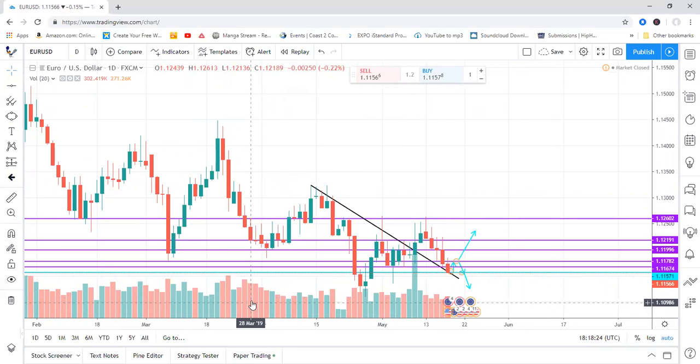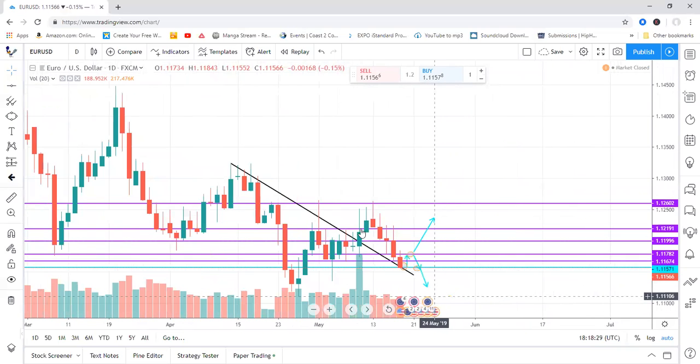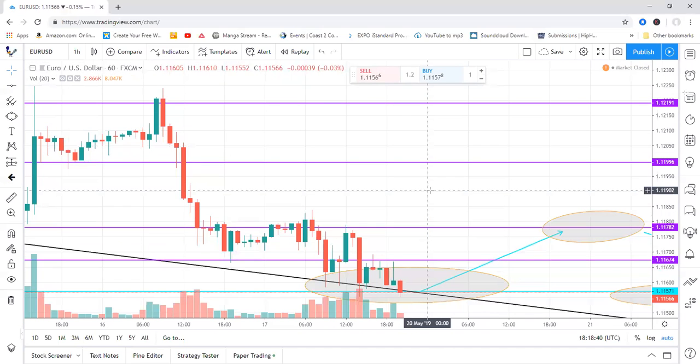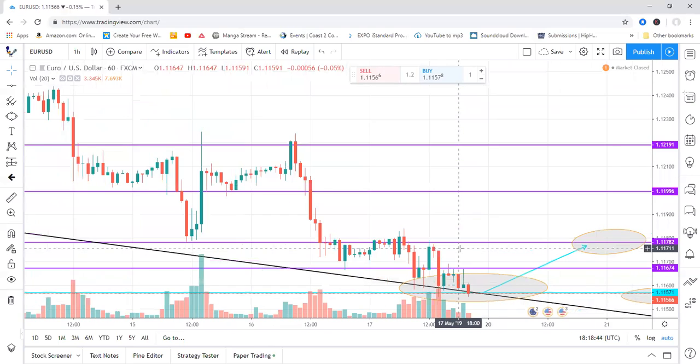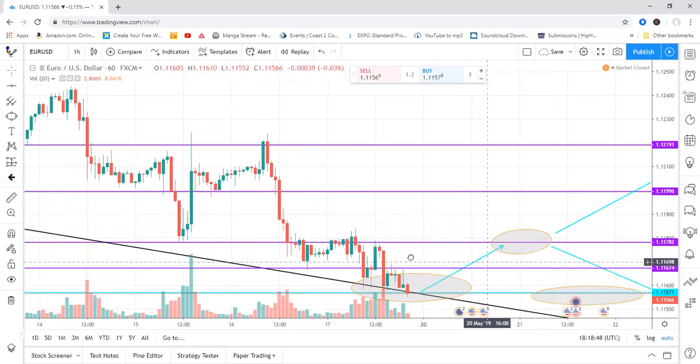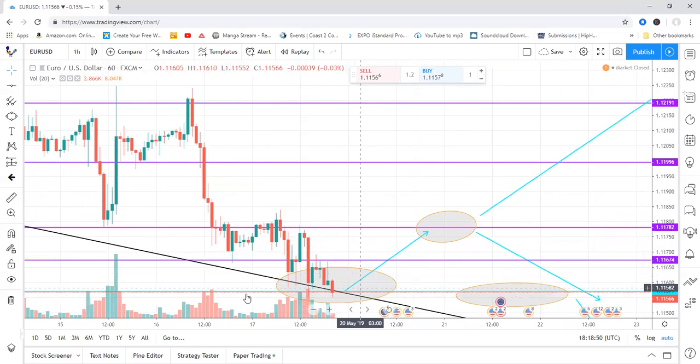And yes, it definitely looks like it has been supported in this area. Every time I go through these charts, it always looks like it's being supported in that area, which is why it is very imperative that we be patient with this and we wait to see,